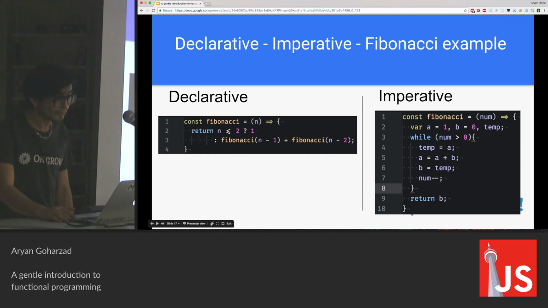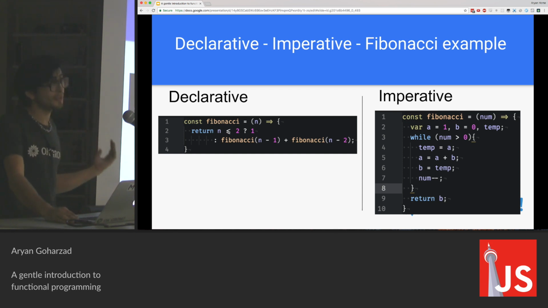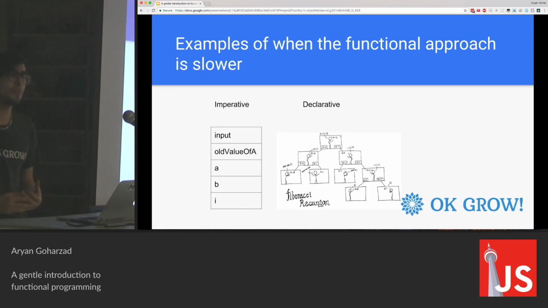So you can see that the declarative approach is way slower, but it's much easier to read. However, more than a demonstration of performance of these two, I just wanted to point out how they work differently under the hood. This is just something to keep in mind when you're writing code to see if readability and maintainability is more important to you or performance.